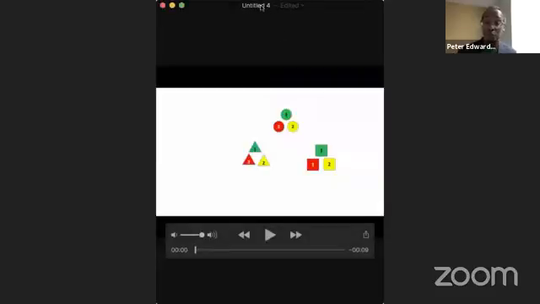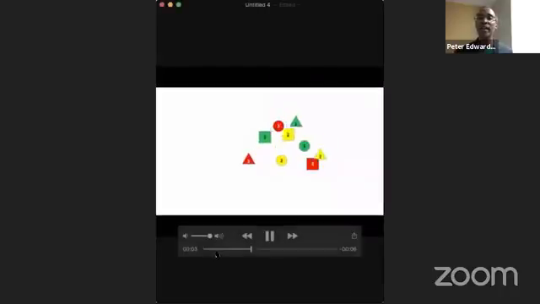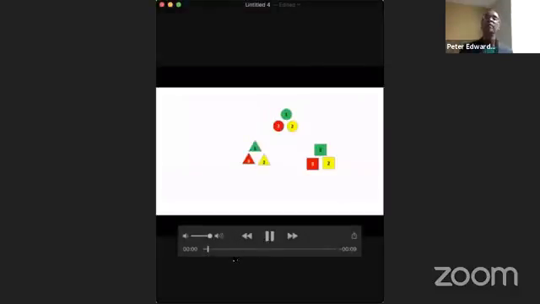And what I'd like you all to do is, when the video starts, keep your eye on number 1 in the green circle. So we've got a group of circles up at the top. Keep your eye on number 1. You'll see it just moved clockwise down to the right, and then it moved clockwise again down to the triangle side. You'll notice that the green shapes are all moving in a clockwise motion. This is going to be very important. You'll also notice that the yellow shapes are doing the exact opposite. They are moving in a